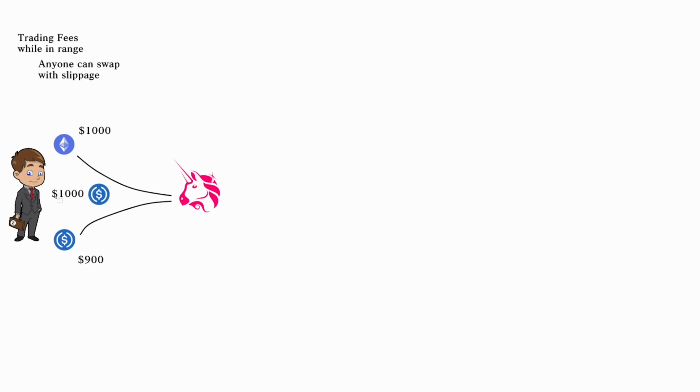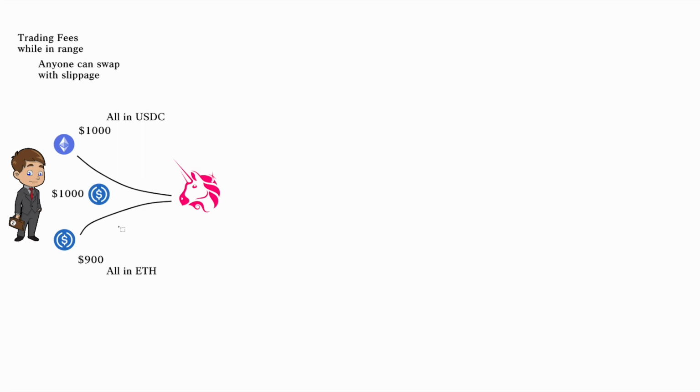So let's say the current price of ETH is $1,000. Instead of supplying both tokens, he could supply 1,000 USDC because it's at the current price, right? Now, like I said, if the price of ETH goes up, then he's going to be sitting all in USDC. So let's say when he enters this position, however he enters it, the price goes to $1,100 USDC per ETH, then his position is going to sit all in ETH, right?